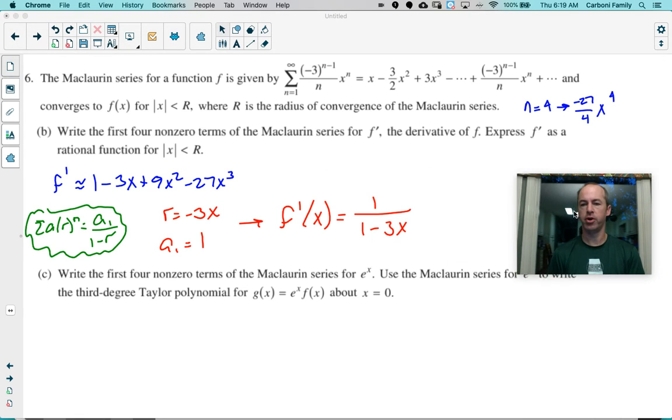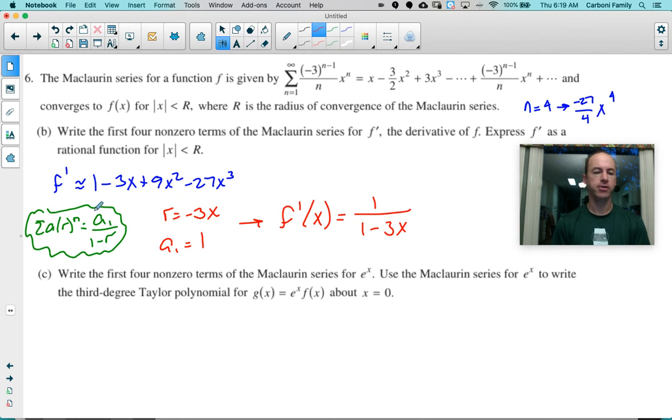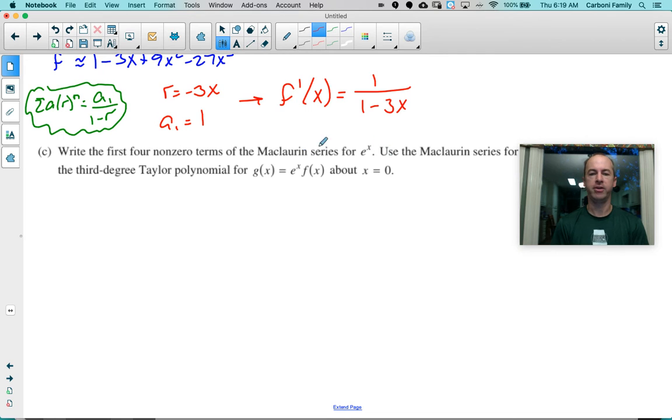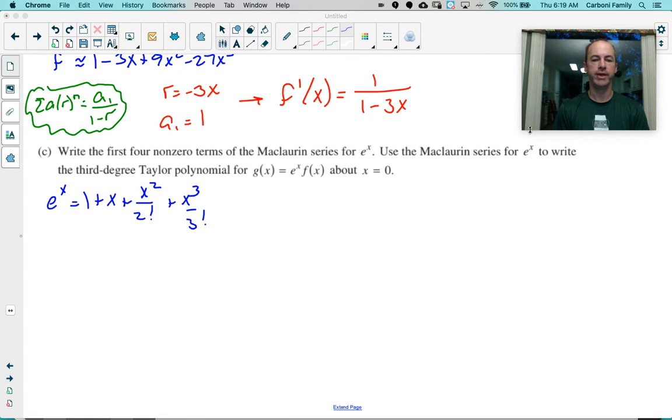And the last one, part E, those first two are really quick, so I'm going to go ahead and do part E. Part C also, it starts by saying, write the first four non-zero terms for e to the x. So e to the x is 1 plus x squared over 2 factorial plus x cubed over 3 factorial. And then it says, write the third degree Taylor polynomial for e to the x times f of x. So if I do e to the x times f of x,